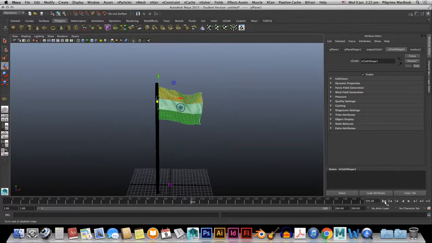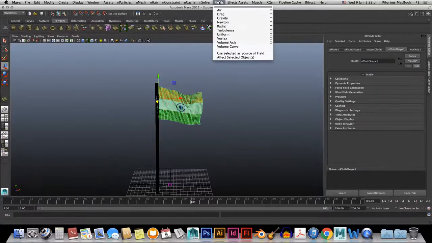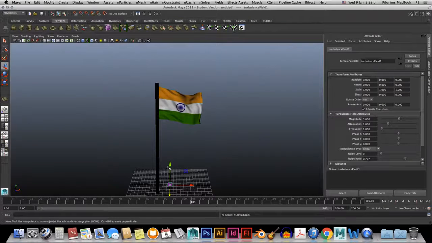And for extra randomness, if you select this cloth part and go to the fields, here you have the turbulence. So you can also work with the turbulence. If you click over here, you will find a new thing which has been formed right now. If you move this, this is the turbulence field, and you can change the values. You have the magnitude, attenuation, frequency and phases.